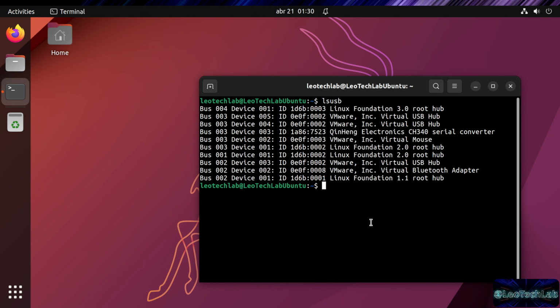But this is not all it takes for everything to be working properly, okay? Because we have the device connected and recognized by the operating system, but we still need to have the device driver loaded so that we can interact with the printer via our Linux operating system. Okay,